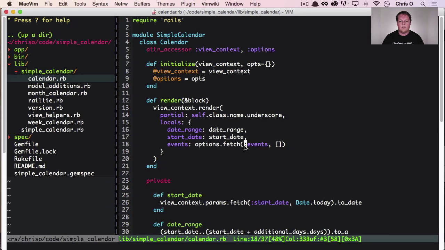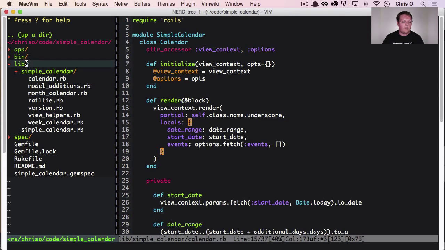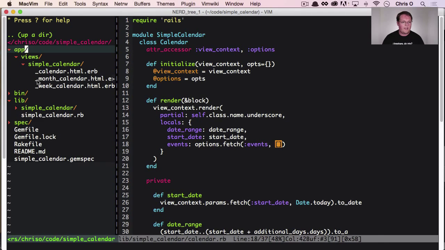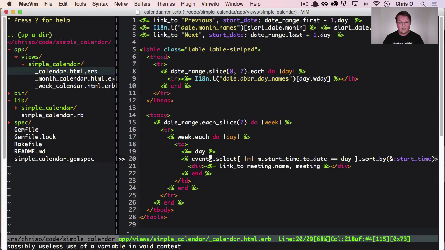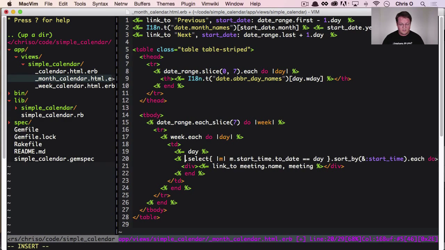So now we'll have events, and it will either be an active record relation or an array, something that's enumerable or acts like an array, and we'll always know that we have that so that we don't really have to write code to transform things or anything. And if it breaks, you should have passed in an array, and that's a-okay. Now that we've made that change, that's all we really need in the Ruby code. And then in our views, we can remove meetings and replace that with events. And we can do that in each of these. So we'll go into each of these